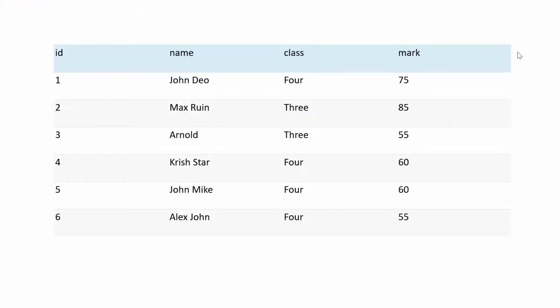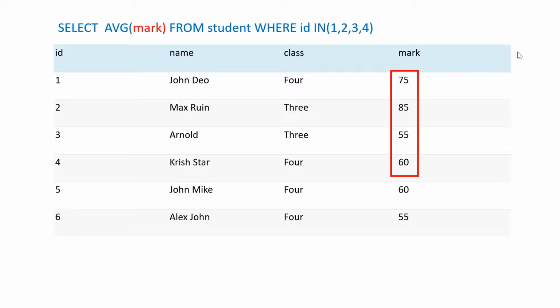We want to restrict our average value to few records. So in that way, instead of using multiple or conditions, we can directly use the IN condition where we can say that ID in 1, 2, 3 and 4. So this way the first 4 records' average value is returned. So this is the query to get the first 4 records' average value.